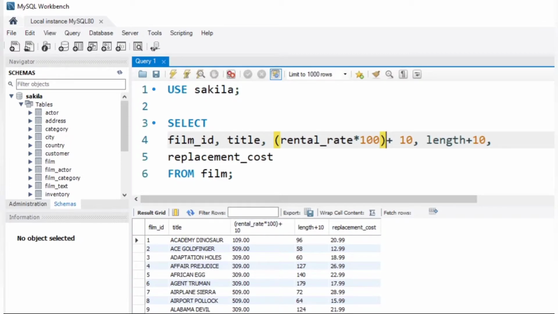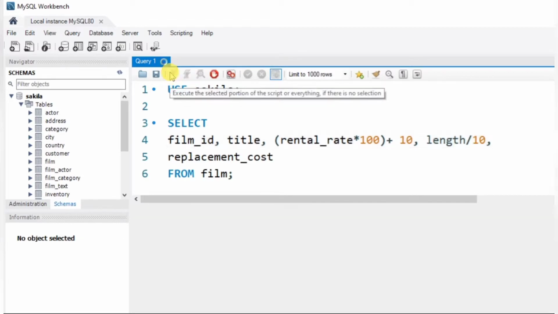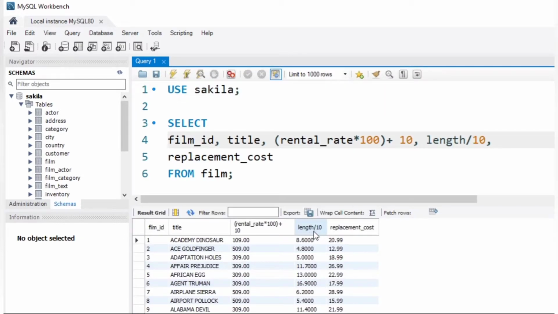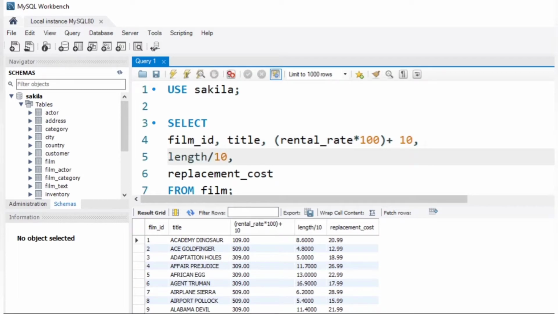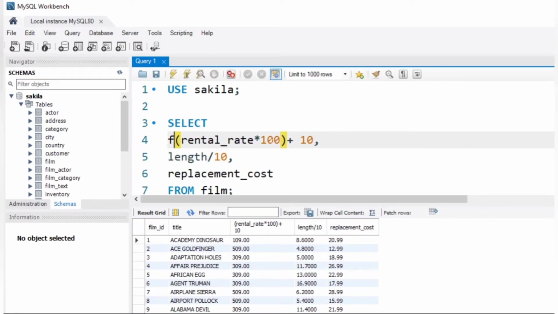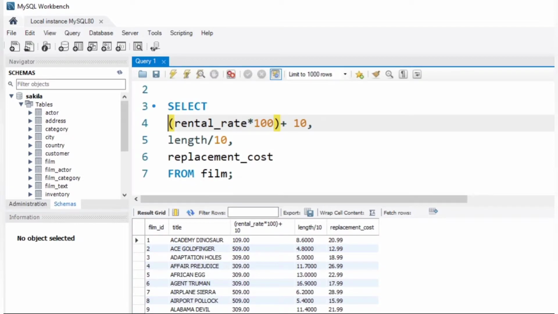And let me give length divided by 10 now and run it. Yes, the length column is divided by 10, and let me give this rental rate into 100 as rental. Okay, I am naming this column as rental, so it will be replaced here as rental.